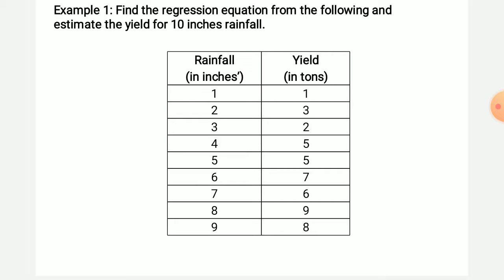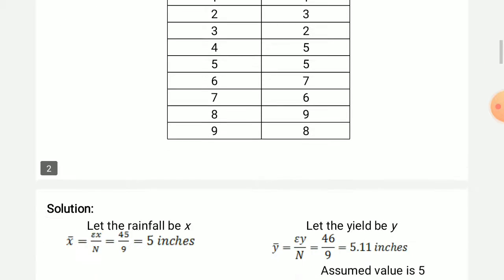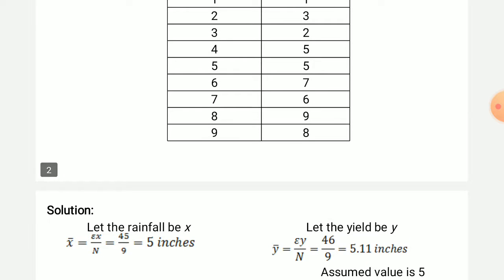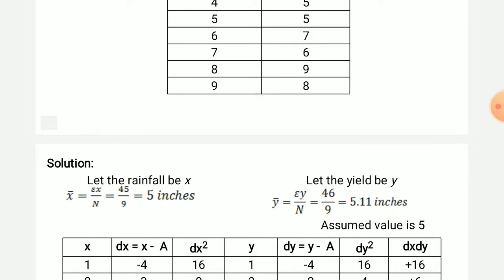So having this data, we have to find the regression equation, and let the rainfall be x, and let yield be y. So rainfall x, variable x, and yield variable y. So we have to find the regression equation of y on x, and here